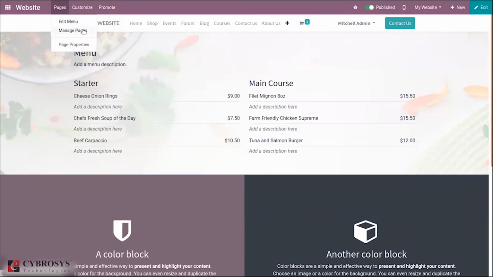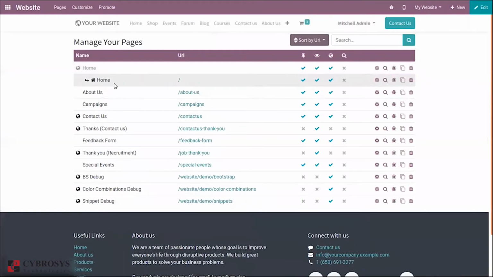And you can see an option that is manage pages, just to manage your pages. From here you can see all the pages, all the menus, page name, then URL of that page, and you can see some options like whether the page is included in the main menu. You can see a thank you page, and a thank you recruitment page, and a lot of pages are not included in the main menu.